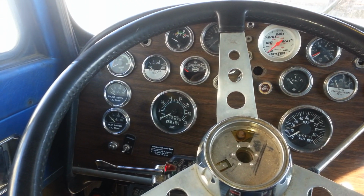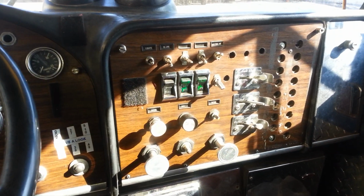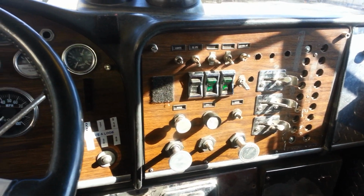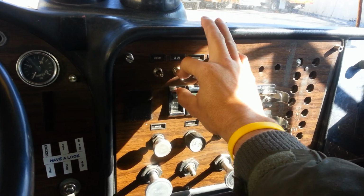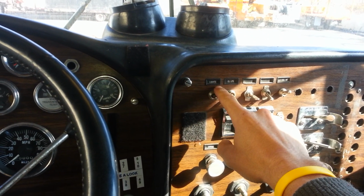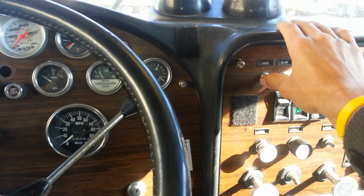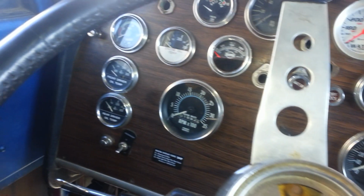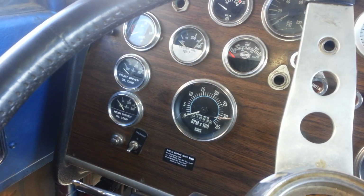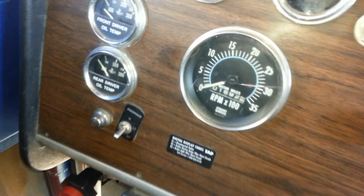So here's my dashboard, as you can see. And that's the controllers for my dashboard. This one controls my top lights. And this one controls my running lights, my dashboard lights, and my back lights. So when I turn it on, you can see, even though it's daytime, nothing turns on. Once we get this working, you're going to see all the lights light up, but